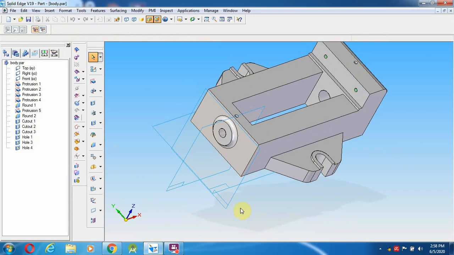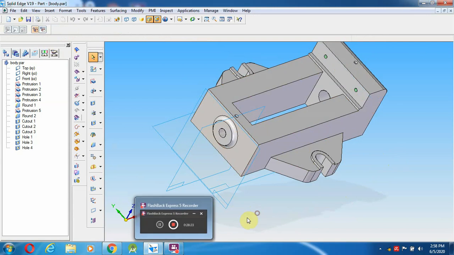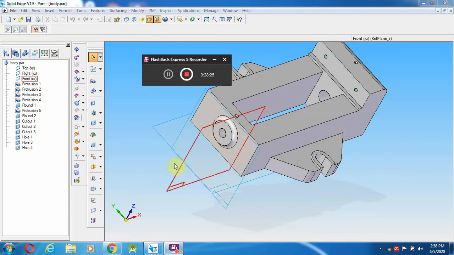Almost everything has been done here. If anything is left out, we will see in the next part while doing the assembling, those changes we can do. It's not an issue. So from that the body part is over for the machine mates.